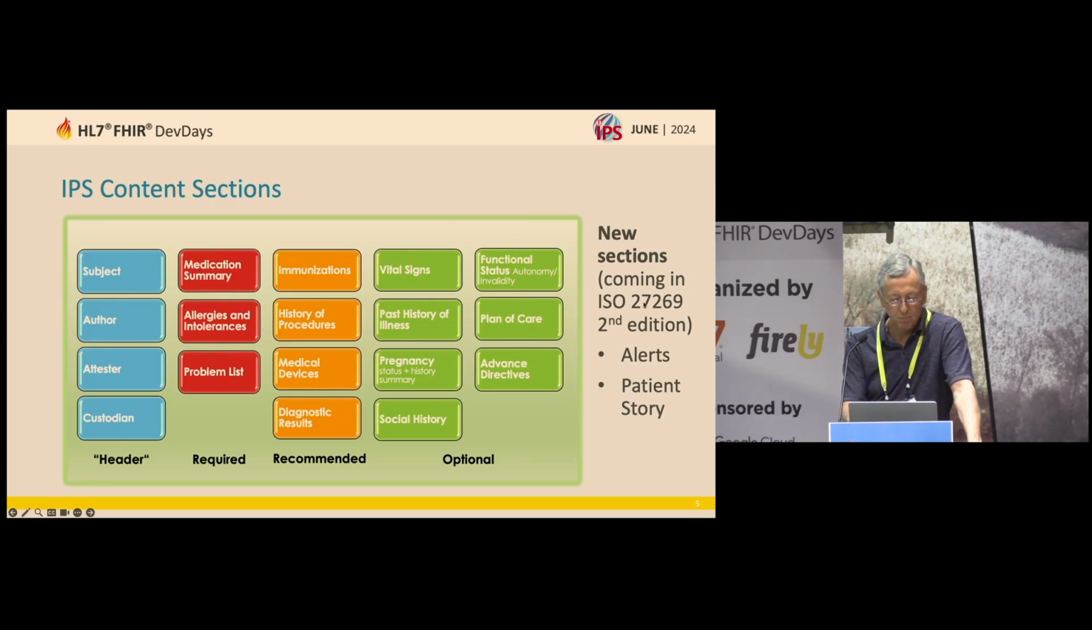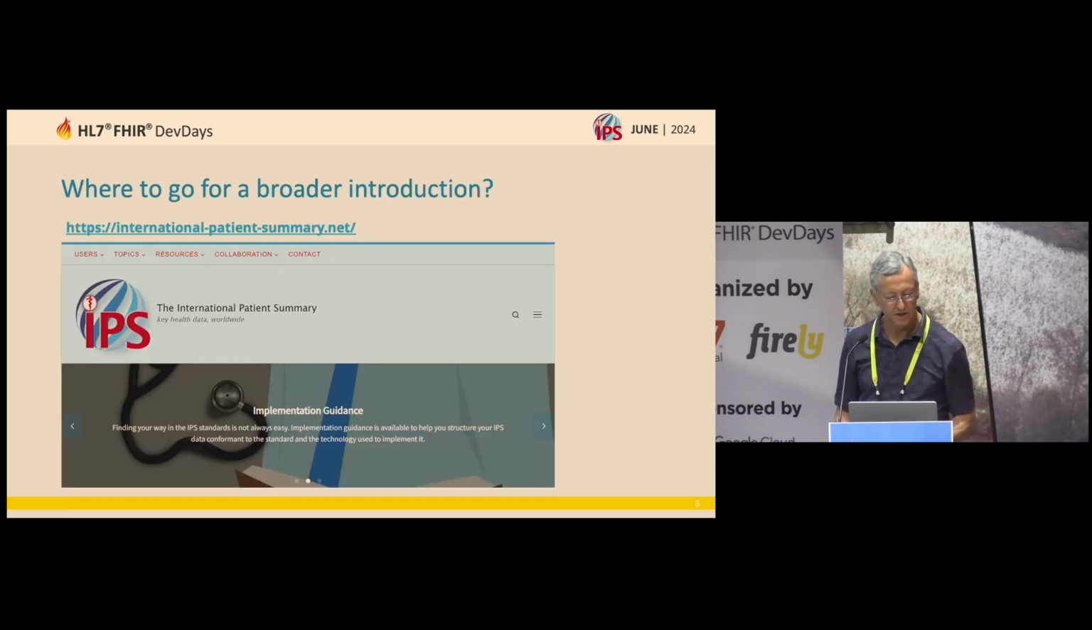I wanted to also point out that we have some new sections that we expect to be coming in our next revisions of the IG. They're going to be published very soon in the second edition of the ISO 27269 standard: sections for alert and patient story. And here's a place that you can go to get more information on all of this,